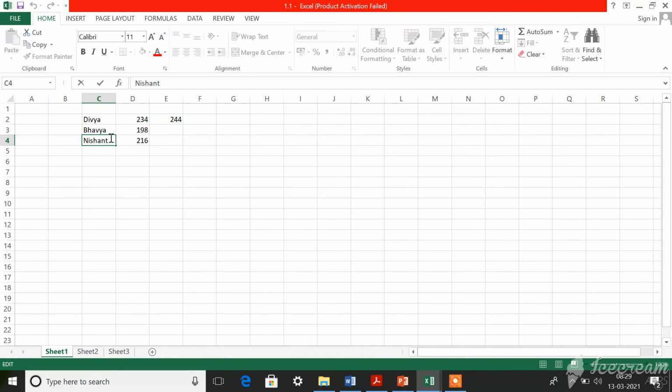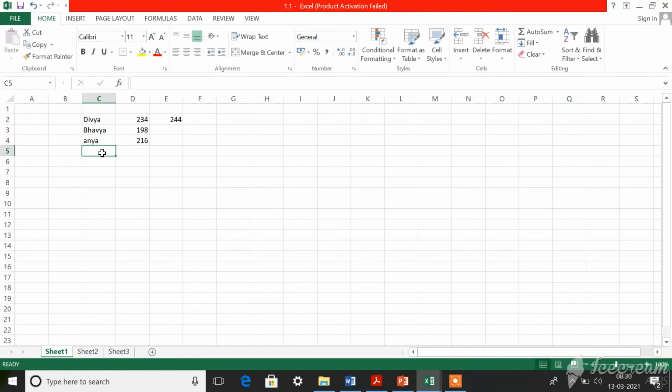For example, if I want to delete this, then click on the backspace or delete key. The content inside the cell will be deleted. And if you want to enter another name, you can do that also by typing the name in it. Then click on the enter key. So this is how you should edit a particular content in a particular cell. Bring the mouse cursor, double click there, and you see the vertical line, start editing. This is very easy.